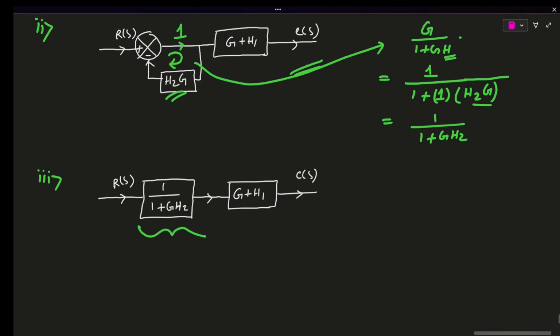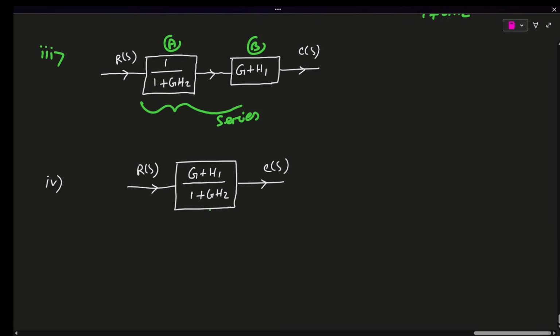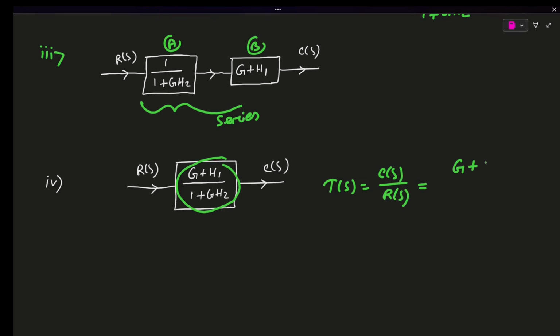So this one is our modified diagram, and you can see that the block A and the block B both are in cascaded form or both are in series. So we will directly multiply them. After multiplying both the block, we got this new block. So the value of our transfer function T(s) will be C(s) by R(s) equals (G plus H1) by (1 plus GH2). So this one will be our